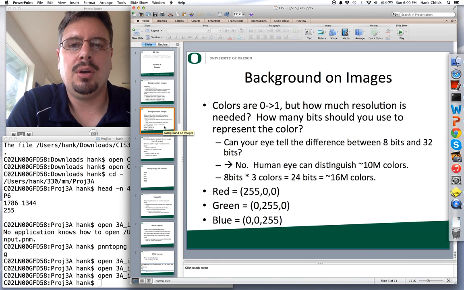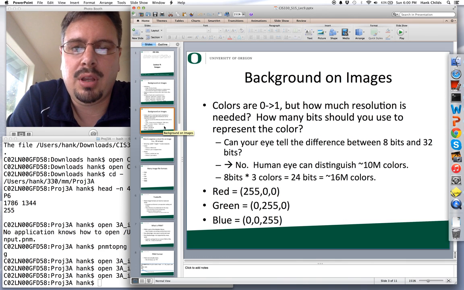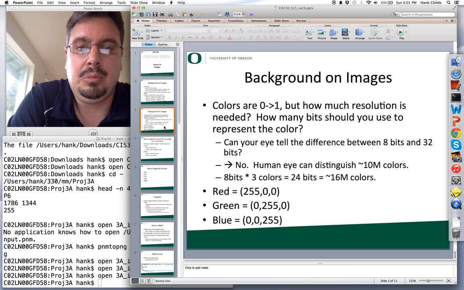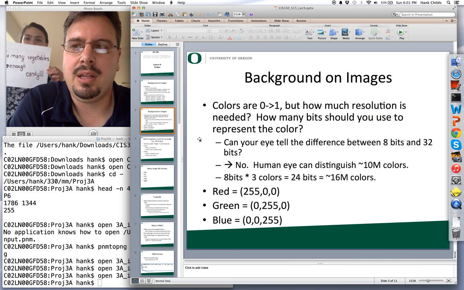Okay, so the colors in the previous slide, we were thinking about representing them between 0 and 1. But I actually didn't specify what the resolution was. So the resolution could be a double, or it could be even many doubles. We could say we need to know the color resolution to millionths of a percent or billionths of a percent. And so the question I would ask is, how many bits should you use to represent the color? And so then the question I asked to motivate that,